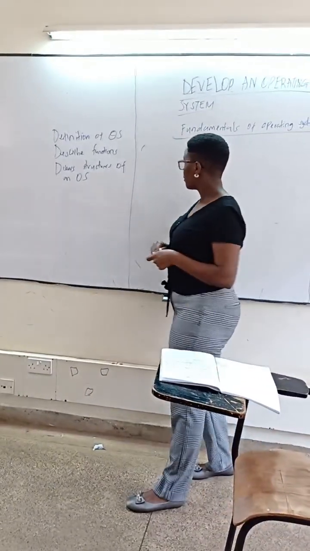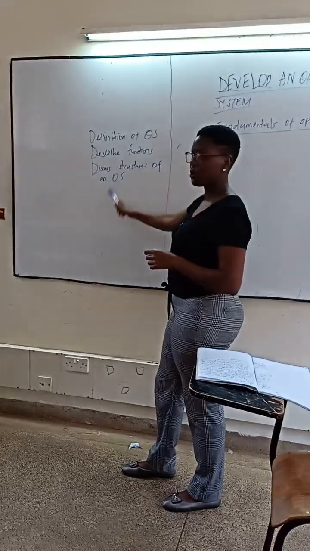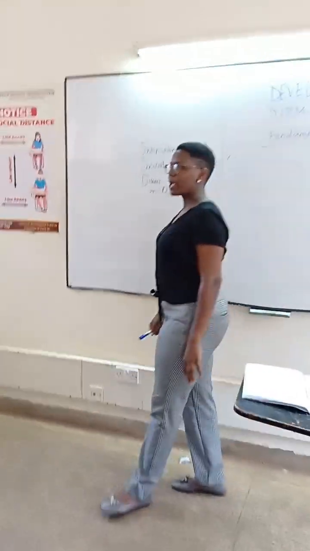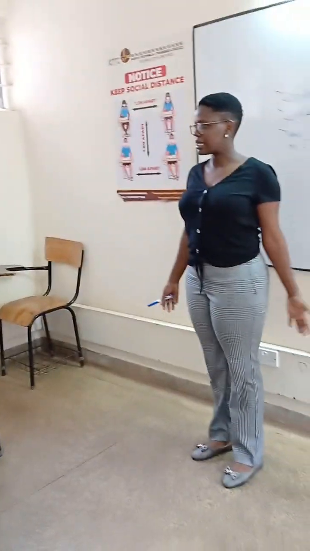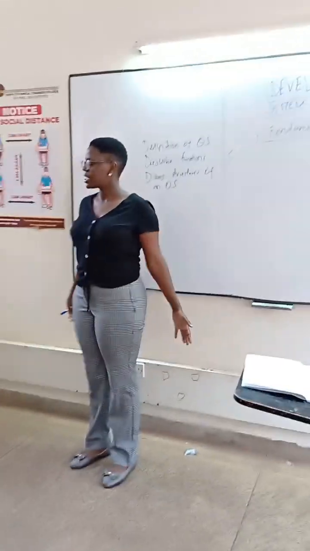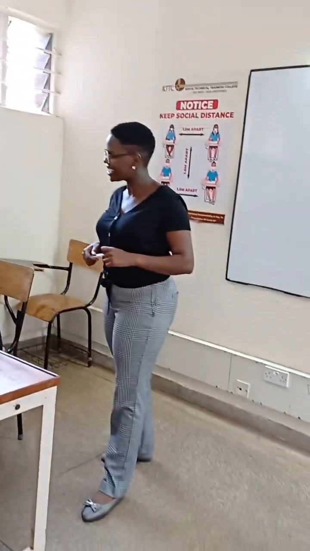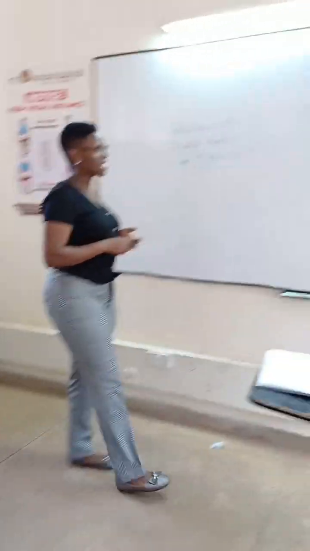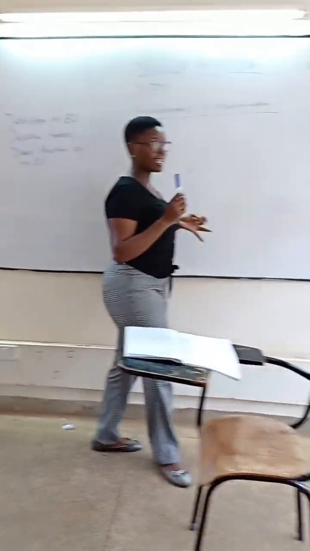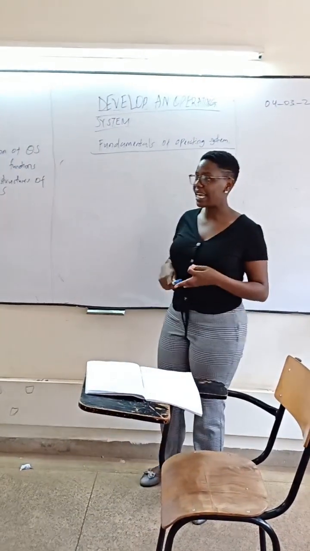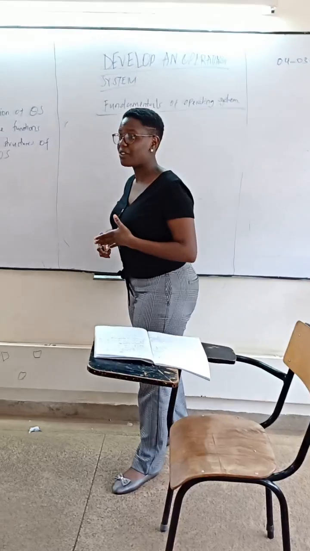And the last one, we've said that we need to discuss the structures of an operating system. We have different structures of operating systems. Do you know any of them? Monolithic structures. Layered structures. I can see you did some research. It's like you knew what we were going to discuss today. We have the monolithic, the layered structures, the microkernel, and we also have the client-server model.